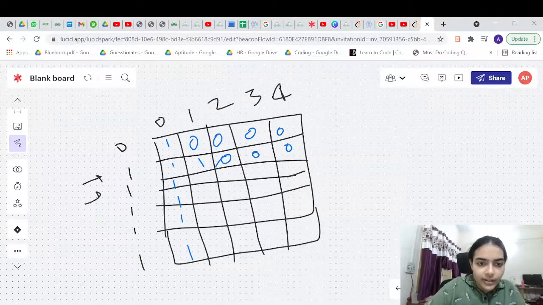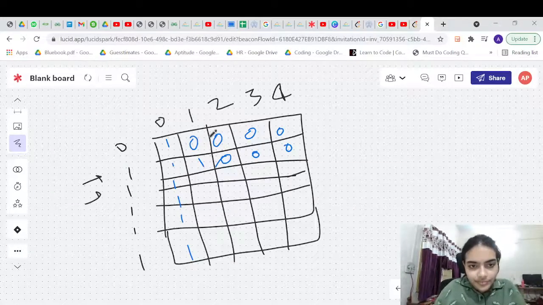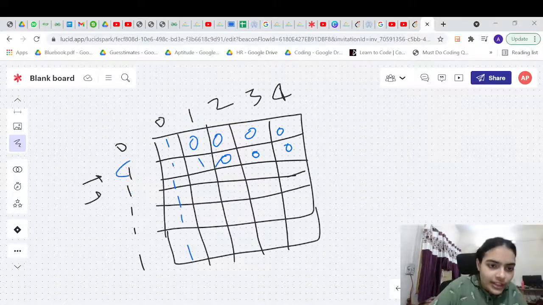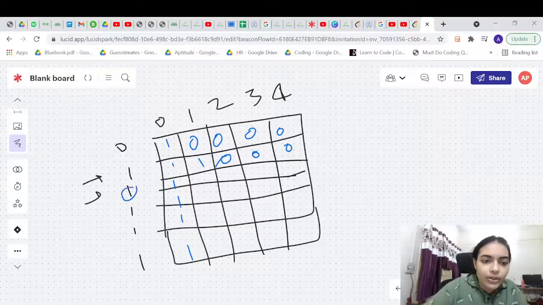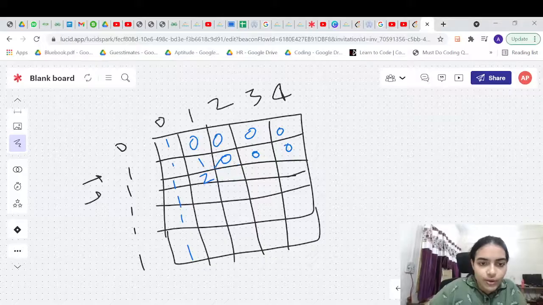Now using two 1s, can you make 1? You can, in fact, make this 1 in 2 ways. Either you take this one or you take this one. There are 2 ways. So you look here, and you also look at the diagonal value. Without using this one, maybe you made the 1 in one way. And let's say you are trying to use this 1. You made 0 previously, and now 0 plus 1 is 1. So basically you just add these two values. This is 2. Similarly you add these two values, it's 1. Similarly you add these two values, it's 0, and so on.